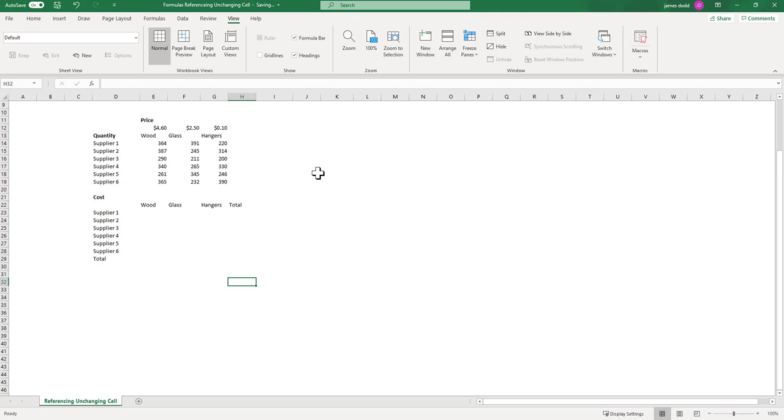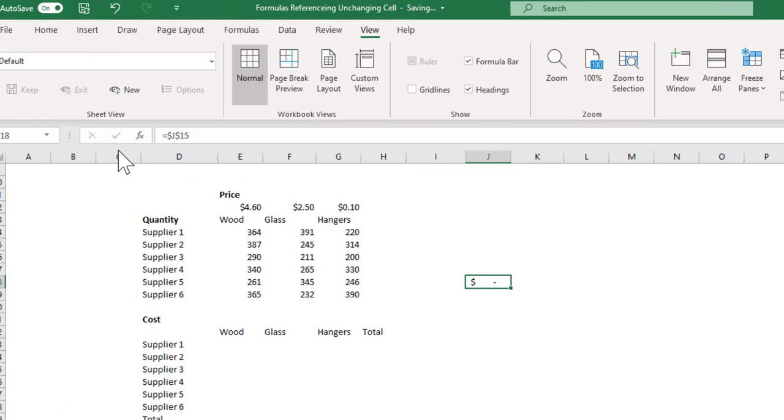You've probably seen this before, a formula that references a cell that has this dollar sign. When you put in a dollar sign either before the letter or before the number, it's telling Excel that no matter where I drag this formula,